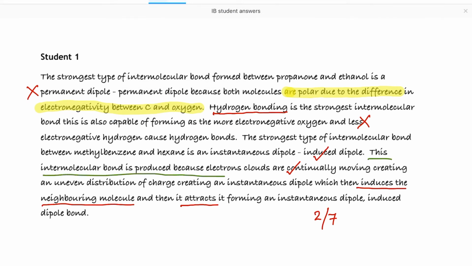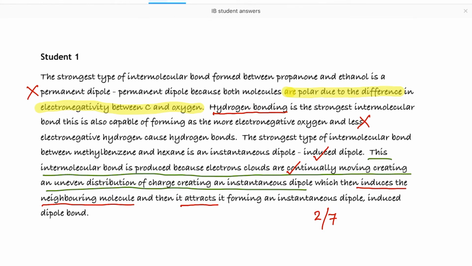This intermolecular bond is produced by electrons continually moving, creating an uneven distribution of charge, containing an instantaneous dipole. That looks to me like this has come from a perfect answer. This is something that has been learnt. This is a really good technique for some of the key